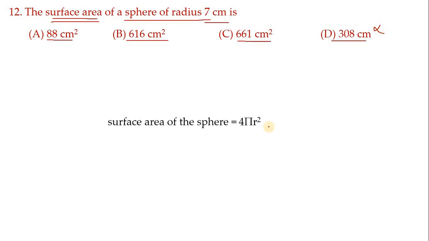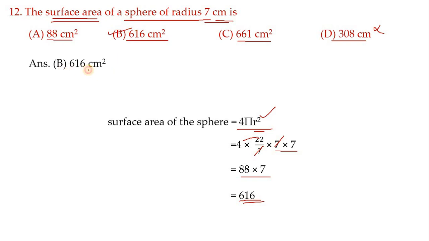So take the surface area of a sphere formula, 4 pi r square, and substitute the values. R value is 7, hence expand 7 two times because of r square. Here 7 and 7 will get cancelled. Now 4 multiplied to 22, so 22 4s are 88. Now 88 multiplied to 7, we get 616. The unit is centimeter there, hence we get centimeter square. Correct option is B. Move on to the next one.